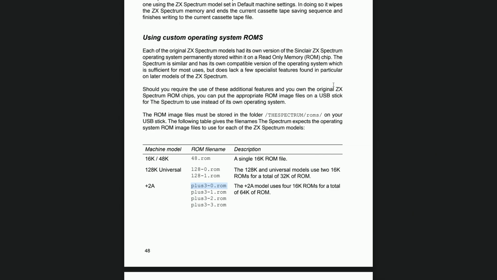So here we go. It says using custom operating system ROMs. Each of the original ZX Spectrum models had its own version of the Sinclair ZX Spectrum operating system permanently stored within it on a read-only memory or ROM chip. The Spectrum is similar and has its own compatible version of the operating system, which is sufficient for most uses, but does lack a few specialist features found in particular on the later models of the ZX Spectrum. Should you require the use of these additional features and you own the original ZX Spectrum ROM chips, you can put the appropriate ROM image files on a USB stick for the Spectrum to use instead of its own operating system. The ROM image files must be stored in the folder